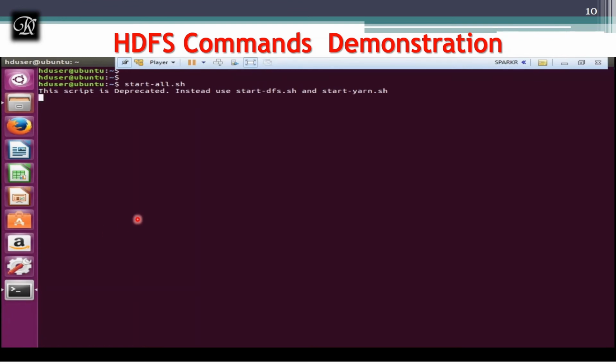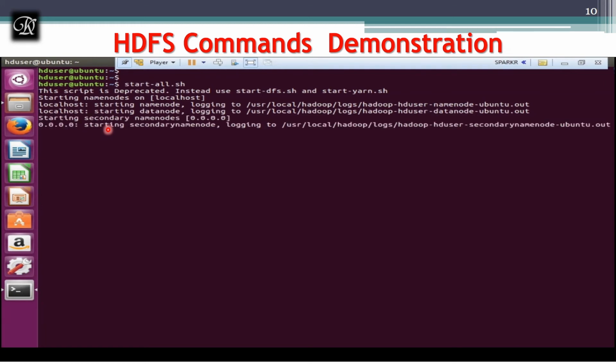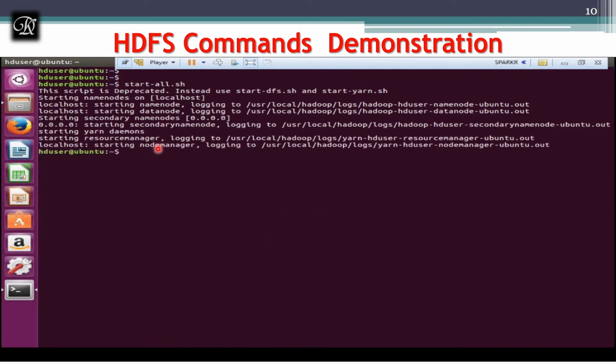First, it's starting the yarn. You can see, yeah, we started with the name node. This is the first thing which has to start, the name node. All these are happening on my local machine. It's not on the cluster. Next it started the secondary name node. This we spoke about in the first video. These are all the master nodes. And next, the resource manager.